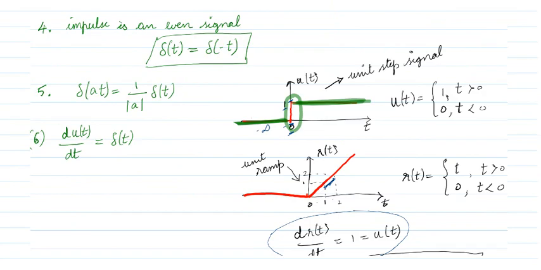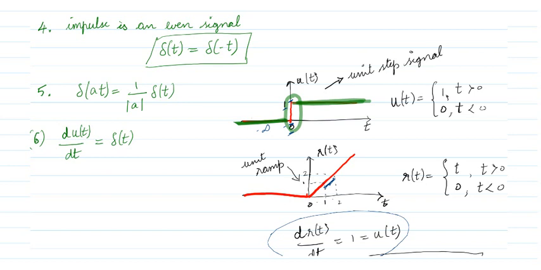Next, the impulse signal is an even signal. What is an even signal? An even signal is nothing but delta of t is equal to delta of minus t. Okay, so at both positive time and negative time, the signals will be the same. Delta of t and delta of minus t are equal. That is, the impulse is an even signal. Then this is an important property. In this textbook, the proof is given. Okay, using exponentials, they will be proving. They have given the proof for this property. Delta of at is equal to 1 by magnitude of a, delta of t. Okay, then